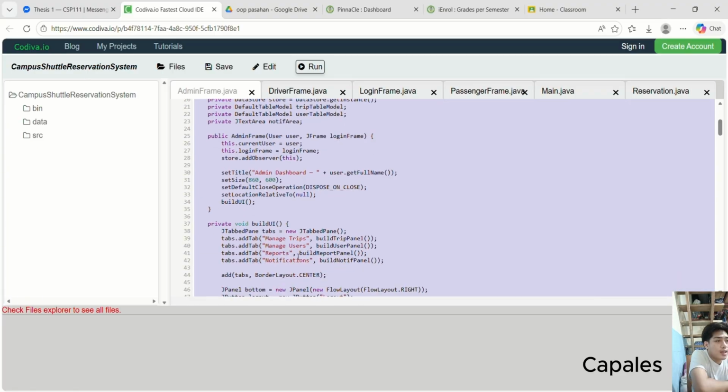It also adds a logout button and a button for session control. This structure makes the interface clean and easy to navigate.